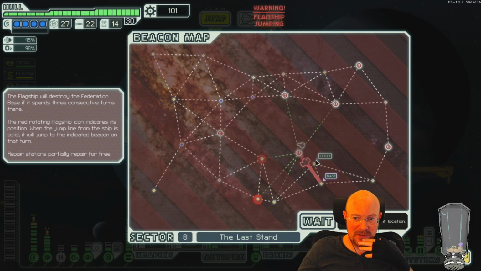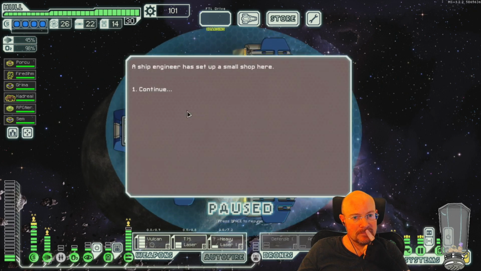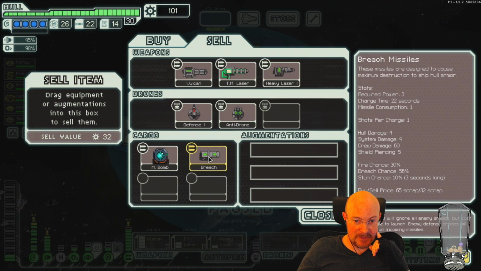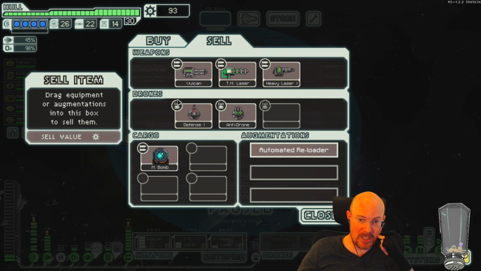Oh, we do have a Sector 8 store. Okay, what you got, store? What you got? Oh, automated reloader, sure. So a breach thing. Am I gonna use? All right, we're gonna